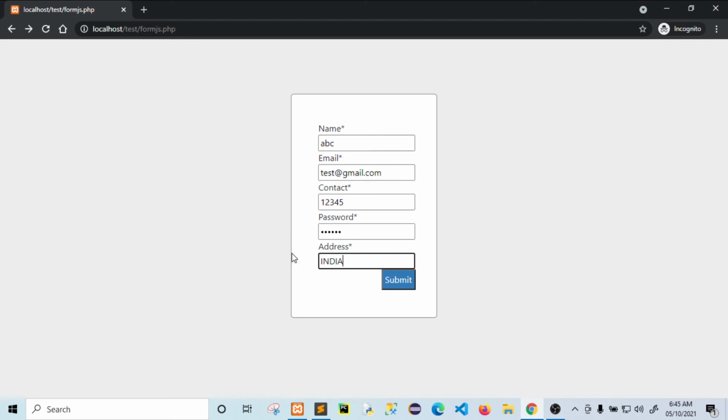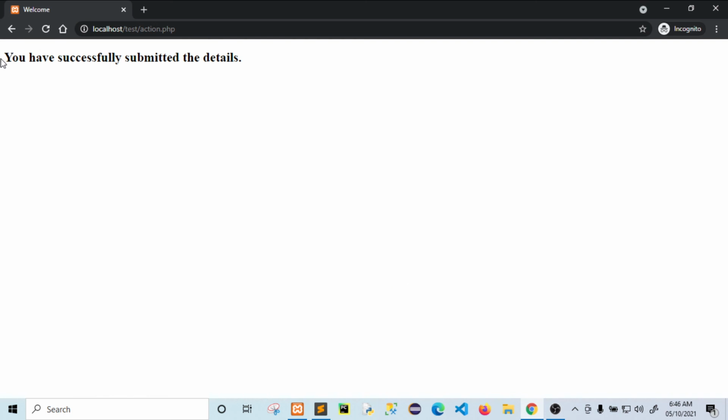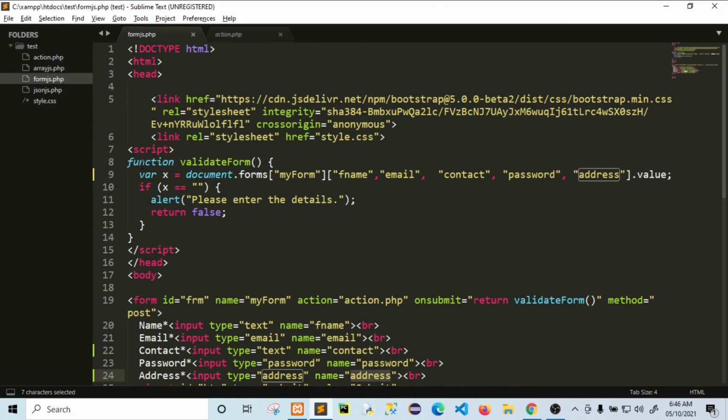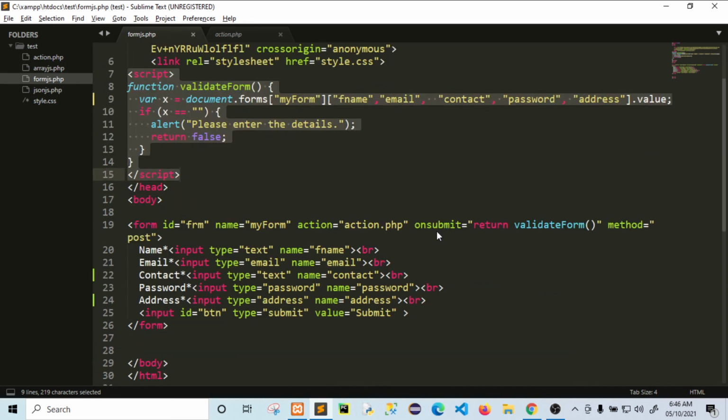and after that if you submit, then it will validate the form, then it will redirect to the next page. So now you have successfully been redirected to the next page. This is the way you can validate the form by using this JavaScript function. This is a simple HTML form,